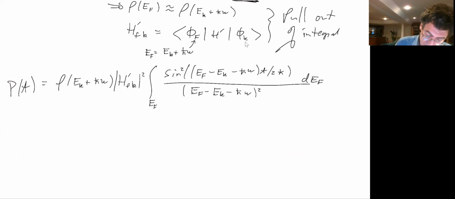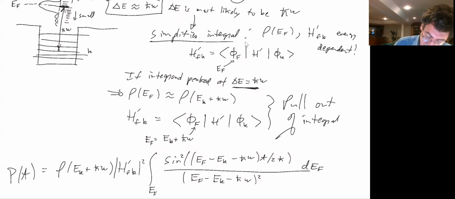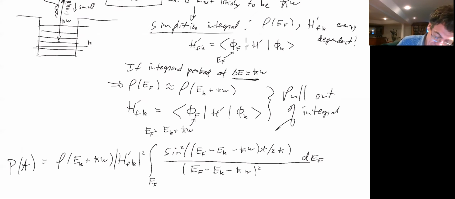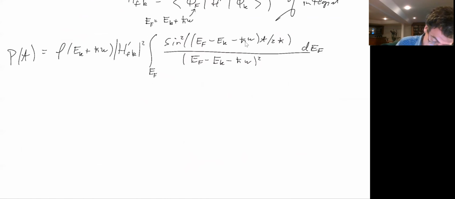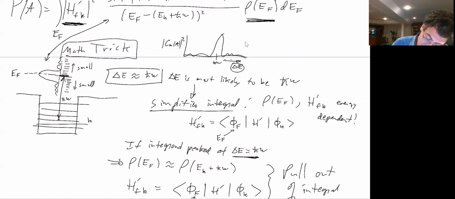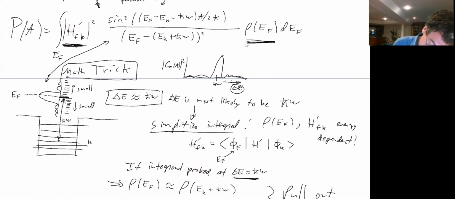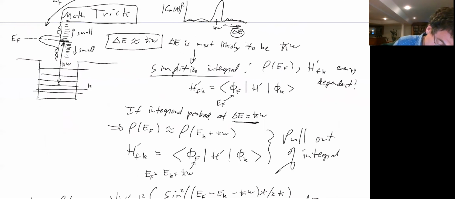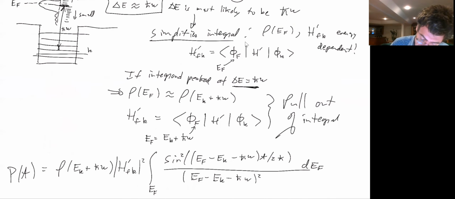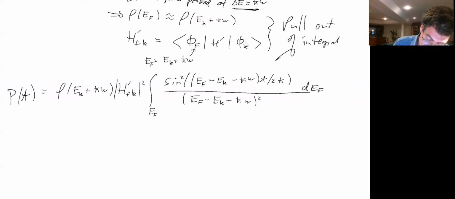And then I want you to see that in this integral, normally for the final states, we would have to think of all final states. We'd have to be careful about all the final states, but now we can just do this integral